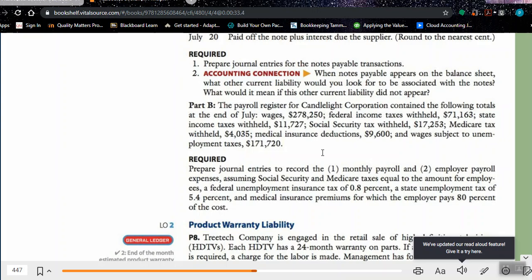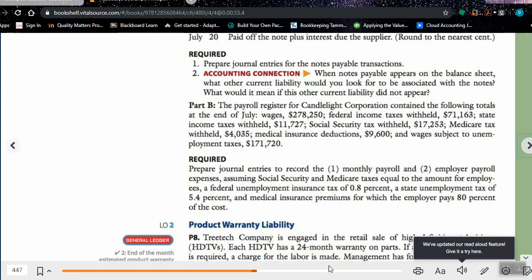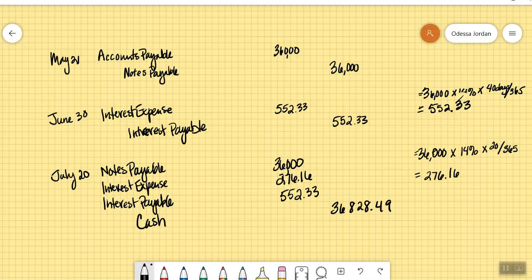So, with that being said, they do give us a series of values representing the balances for each of these accounts, and we need to record them in a journal. So the first one we're going to address is the monthly payroll. The monthly payroll journal entry represents,